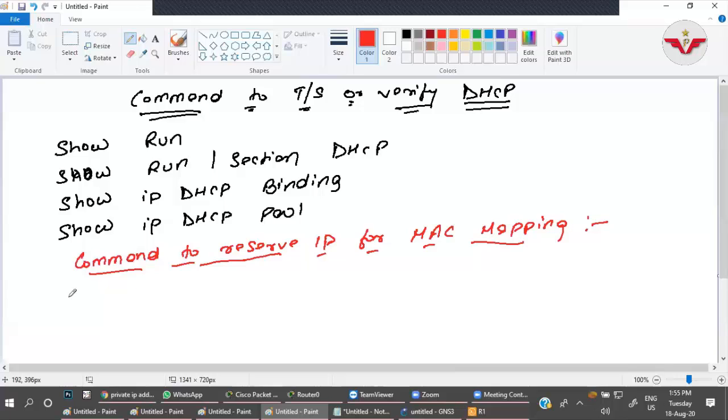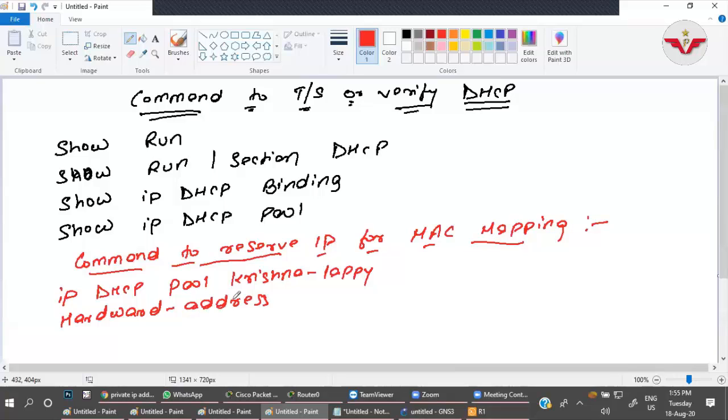First of all, we will create a pool: IP DSCP pool, Krishna Lappy. Okay. Then hardware-address, the device MAC address.